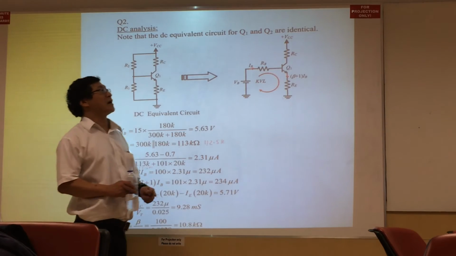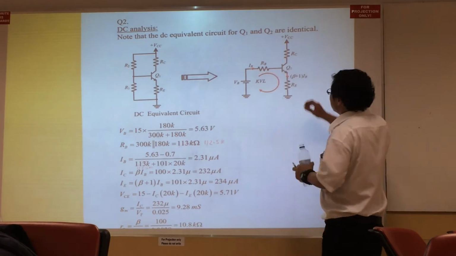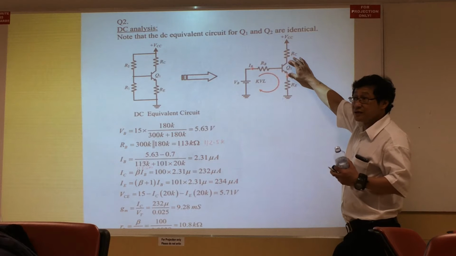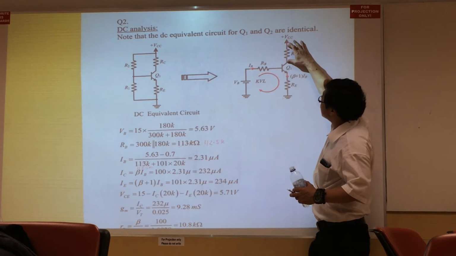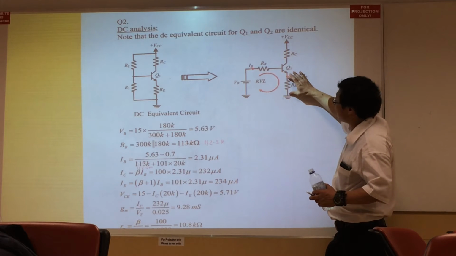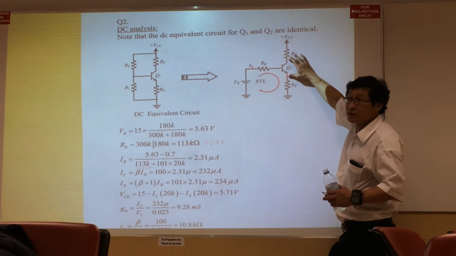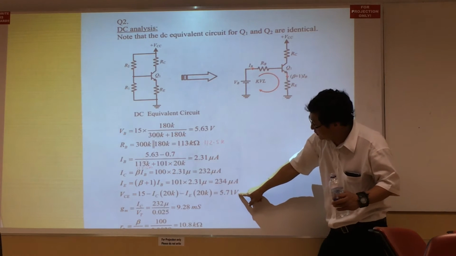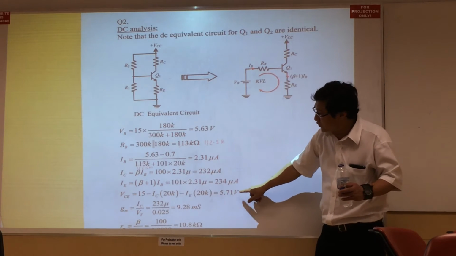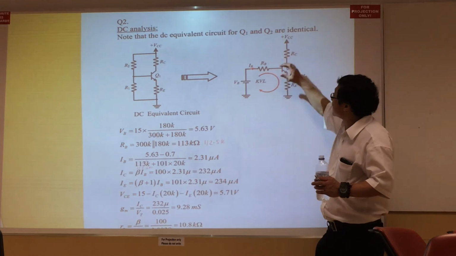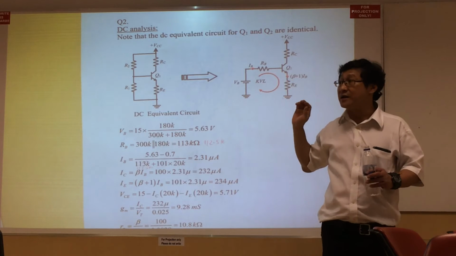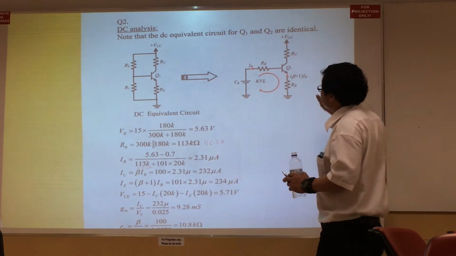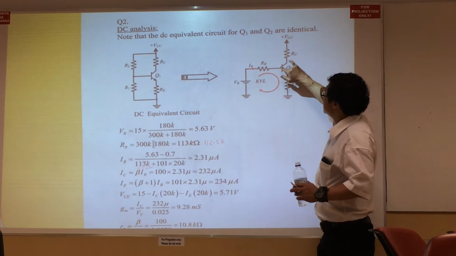Once your three currents are known, we can find out the VCE across this transistor because we know VCC. If we take VCC and subtract the voltage drop across RE and RC, the remainder will be just VCE. So therefore VCE is found to be 5.71. Now this voltage is obviously much higher than 0.3 volt, therefore the transistor is in the active mode of operation, which implies that this is forward bias. This is